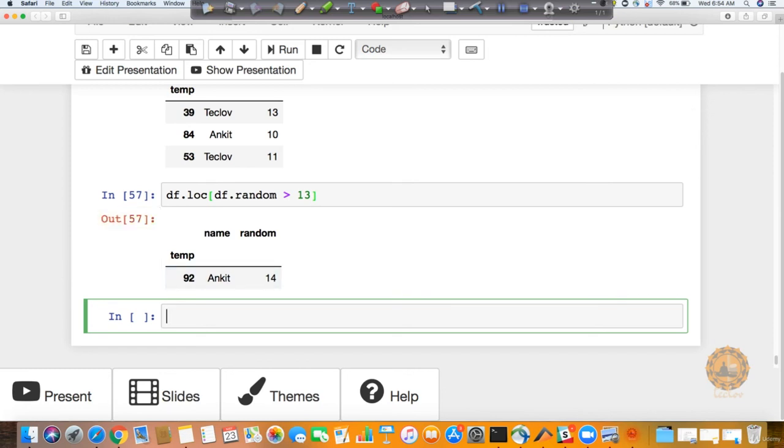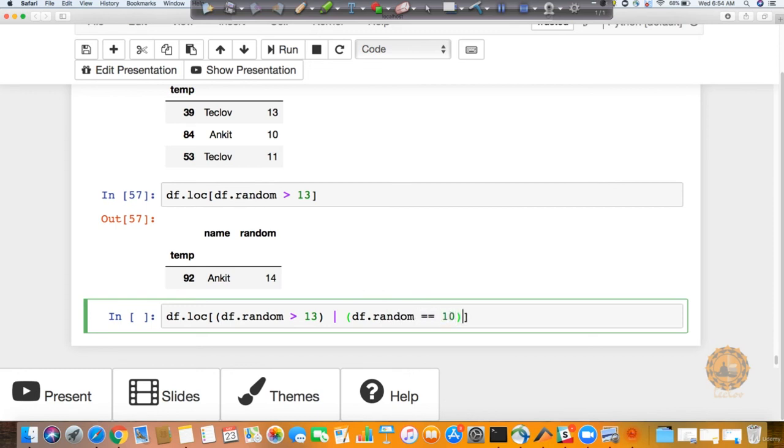Now one more interesting thing, you can also define some sort of condition logic together. Like for example, you can say that you want, let's say, all the values. So you have to define it with the outer bracket. Now you can say here df.random is greater than 13, okay, and you can also put a condition here, or df.random is equal to, let's say, 10.